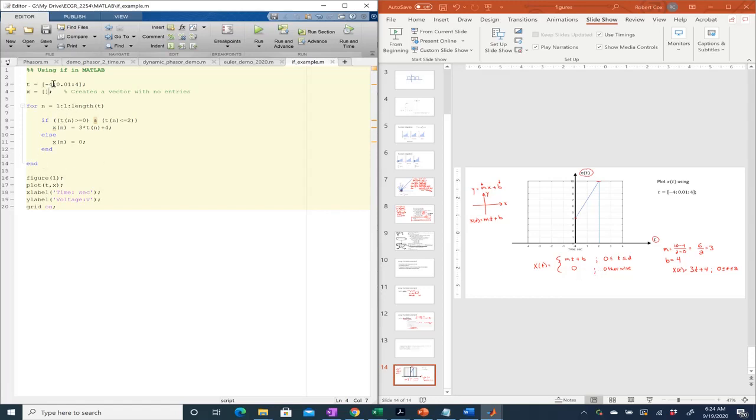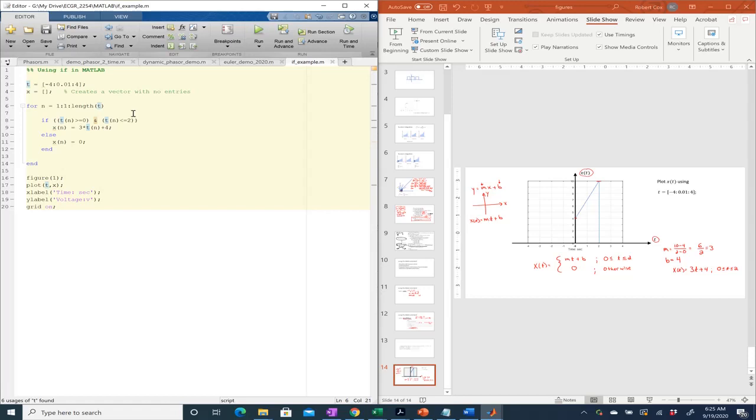It's basically looping through every entry in the t vector, and at every entry in the t vector computing an output x. All right? So I say that I'm indexing or looping through the t vector. So n is really what I use as my quote-unquote index, which tells me where I am in the t vector. So I start from n equal to 1, meaning I'm going to start at the first entry of the t vector. I'm going to increment in steps of 1, and I'm going to go to the length of the t vector. If you're not sure how the length command works, type help length. All right, we talked about it in class on the second day, but you also should be able to see how to do that